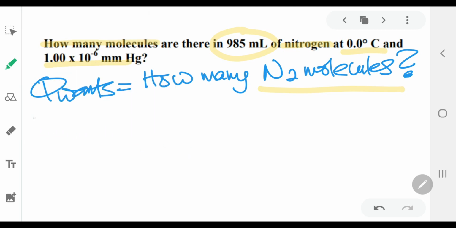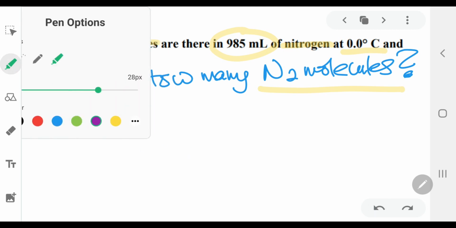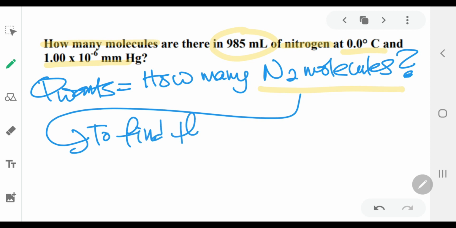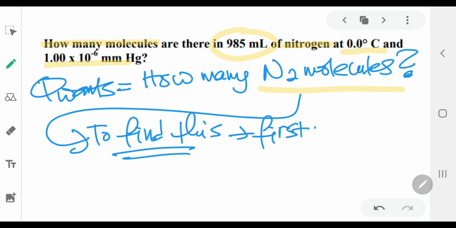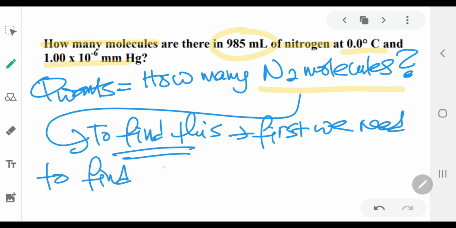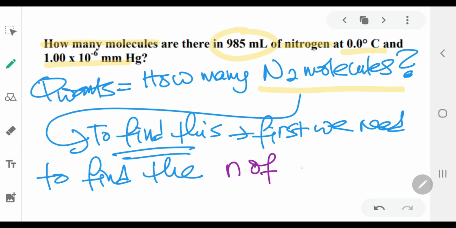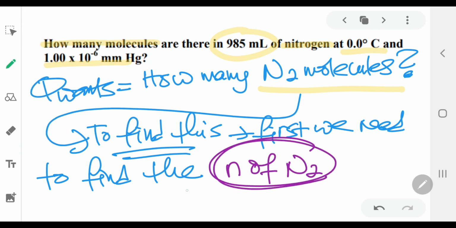So first, we need to find the mole of N2. Okay, we need to find the mole, or n, of N2 molecules. So how do we do that? We can use